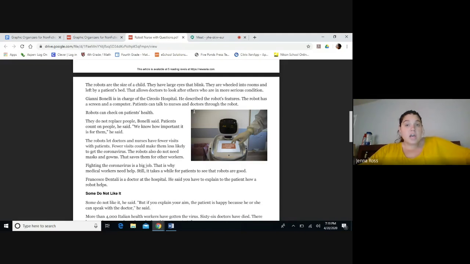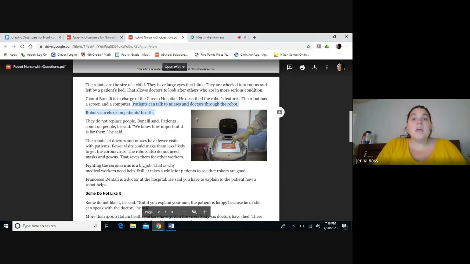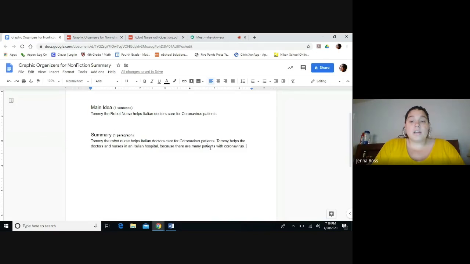Which is good, and I wouldn't say that's wrong, but I might focus on this part that says patients can talk to nurses and doctors through the robot, and that the robots can check on the patient's health. I think that's really important because that tells me how does the robot work? What is the robot doing to help? So I'm going to go back to my graphic organizer, and I'm going to write in my own words,